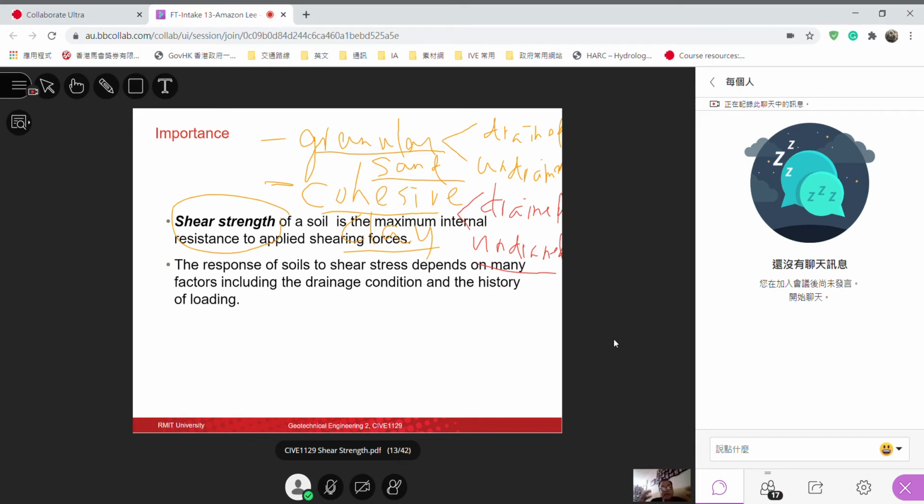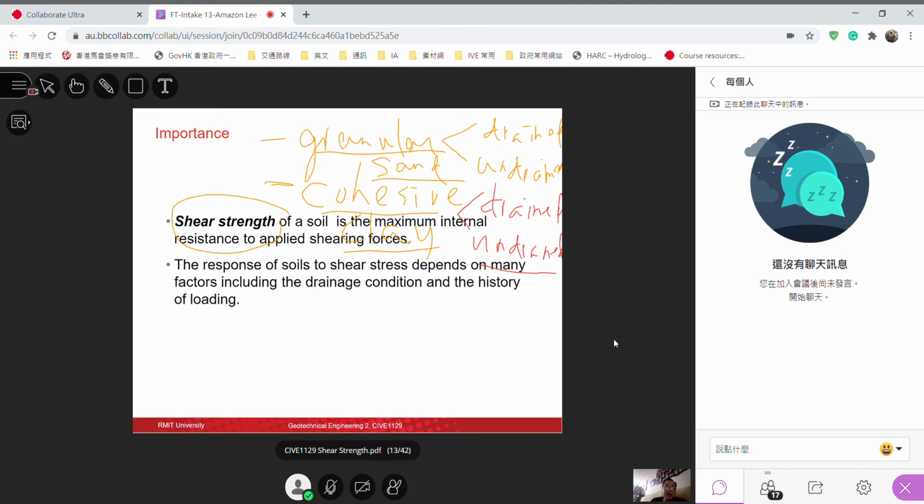Okay, so that's the difficulty of soil mechanics, is we need to know what kind of soil, what kind of drainage condition, what is the speed of the loading, so that we can design it as a drained case or undrained case. Sometimes the drained case will govern the design. Sometimes the undrained case will govern the design. So we have to test each case to make sure which one is more critical, and we design with the most critical